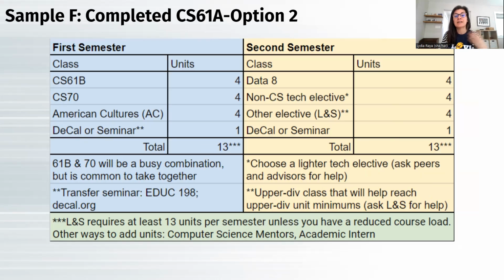You can also always start out in a certain schedule and then switch. You have 3.5 weeks to finalize your schedule. You'll want to keep in mind that you do need 13 units by the end of that add/drop deadline. So some students will add an extra class so that they have a buffer if they need to drop something. And then the second semester, I could have put 61C or a CS upper division here. It's more open in that second semester if you have both 61B and 70 completed in the fall and you already took 61A.